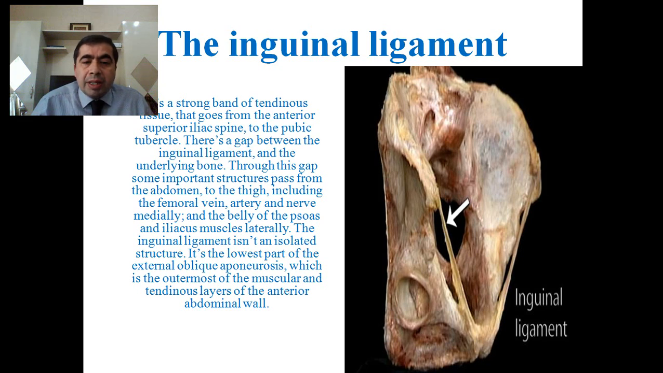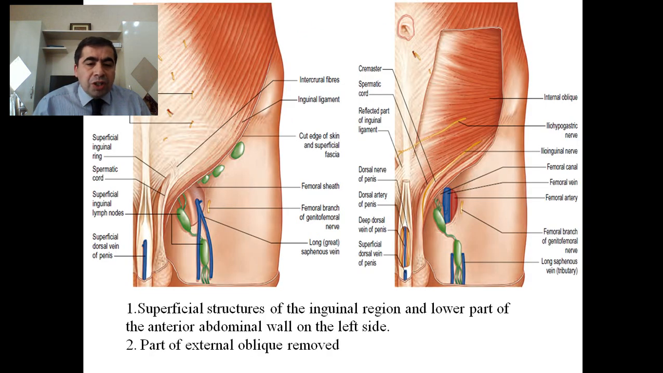The inguinal ligament isn't an isolated structure. It is the lowest part of the external oblique aponeurosis, which is the outermost muscular and tendinous layer of the anterior abdominal wall. It's very important because this is a special limiting line, and it can also limit some hernias, which is very important. The superficial structures of the inguinal ligament